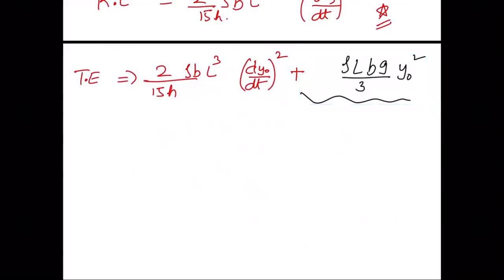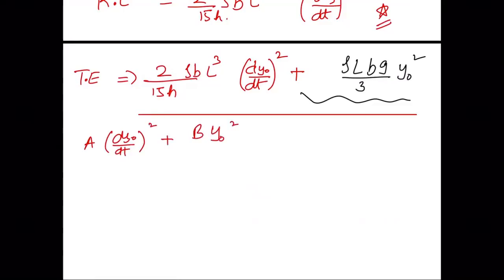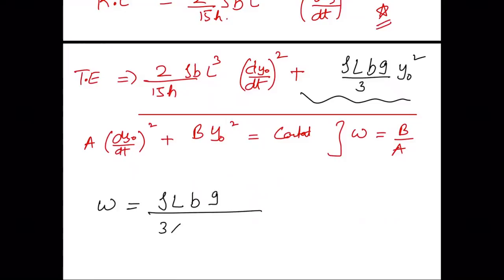तो ये भाई standard equation हो गया, फिर this is potential energy, इस equation को देखिए standard SHM का equation है, some constant, let us say ये constant A है, (dy0/dt) का square बताया था, वो y0 का oscillation ही हम consider करें, plus B into y0 का square equal to constant, right, तो इसका angular frequency ω क्या होगा भाई, ω हो जाएगा √(B/A), तो अपना ω क्या हो जा रहा है, अपना ω ρ l b g upon 3, फिर यहाँ क्या आ जा रहा है 2/15 hρbl³, ठीक है, तो ये आपका ω है, 3 5 कट जाएगा, आपका एक l कट जाएगा, ये b कट जा रहा है, right, तो क्या हो जा रहा है फिर